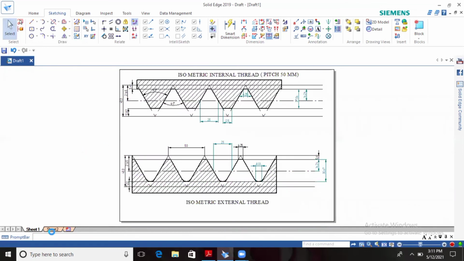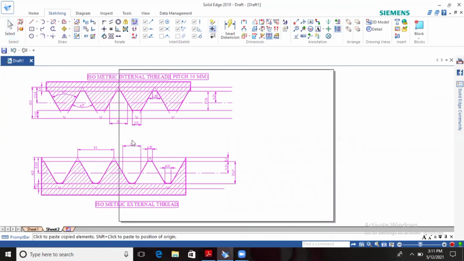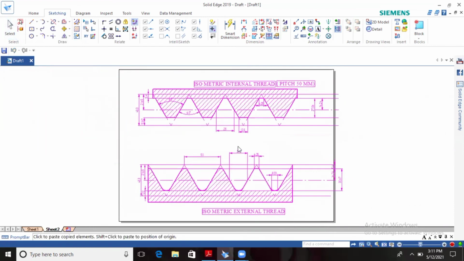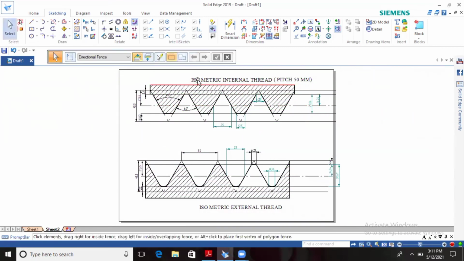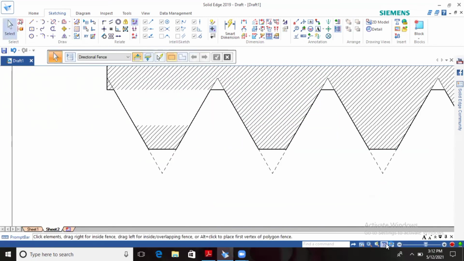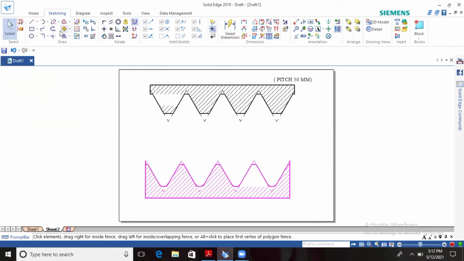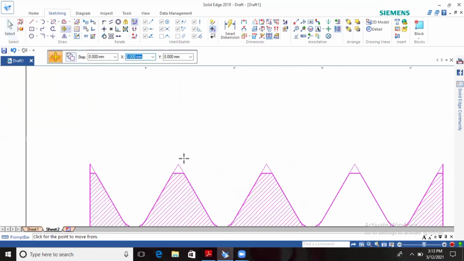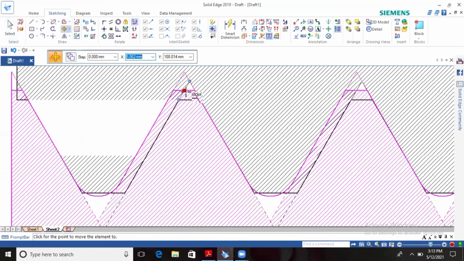Now copy this and paste it near it, on another sheet, to assemble the internal and external thread. Control A, copy and paste it in the other sheet. Delete all horizontal lines and you will get this diagram. Select the second teeth, one line, the crest of the second teeth exactly at the center, and paste it exactly.